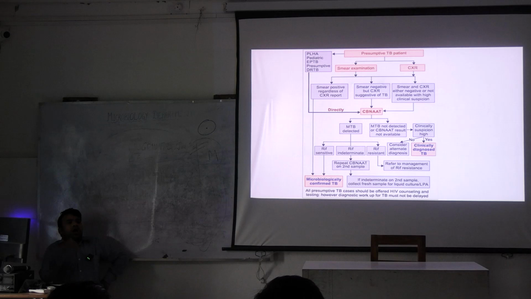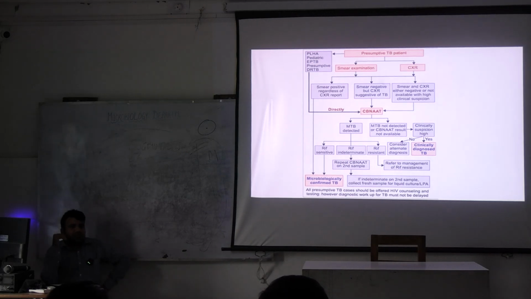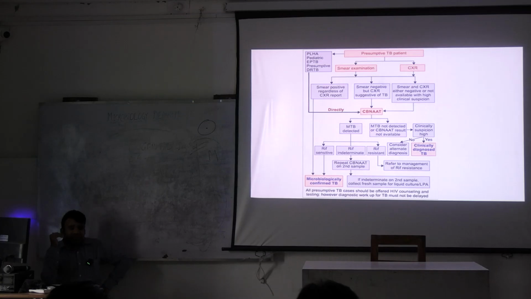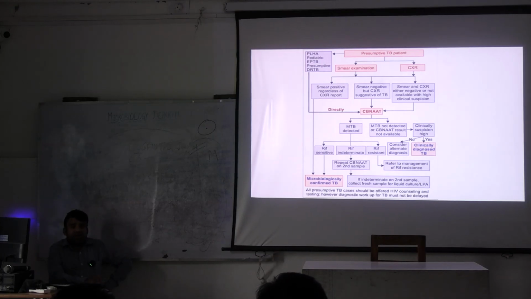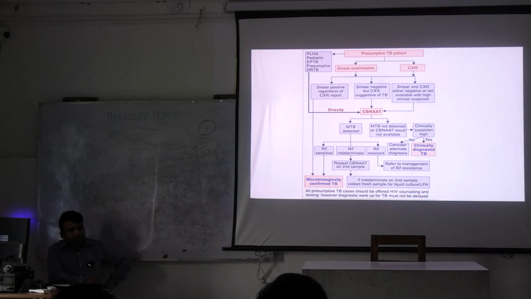Now, when we start anti-tubercular therapy, what we need to consider is whether this patient is having drug-resistant TB bacilli or not. If it is not drug-resistant, we can start the first line anti-tubercular therapy. And if it is indeed resistant to either isoniazid or rifampicin, the two most important drugs in first line therapy, we have to label it as drug-resistant TB and start second line therapy.